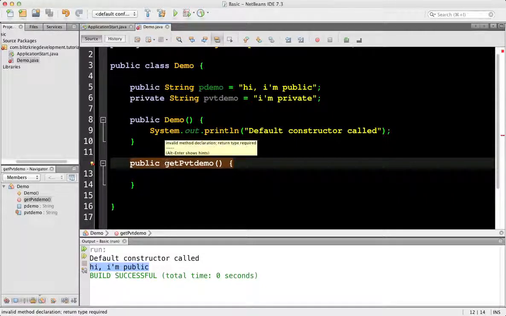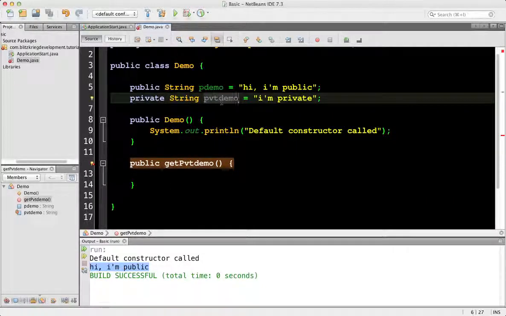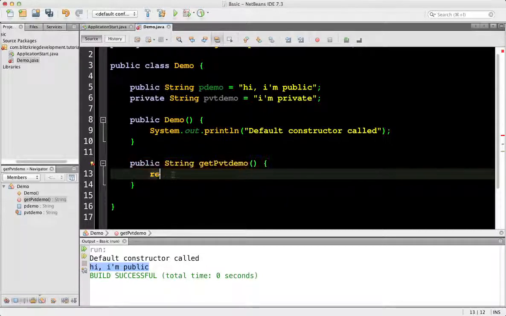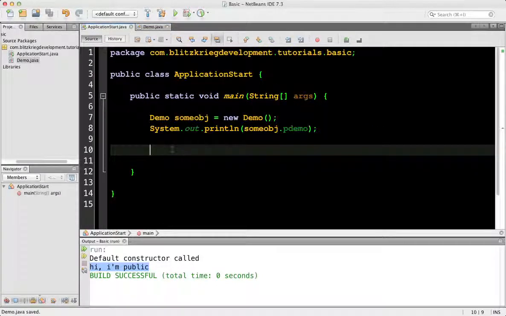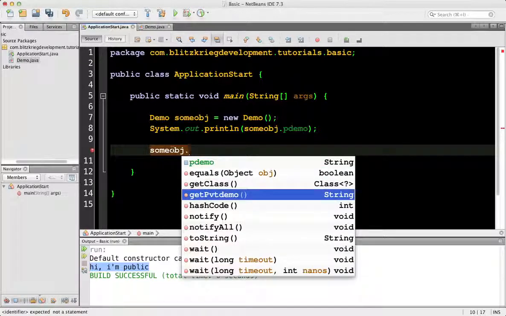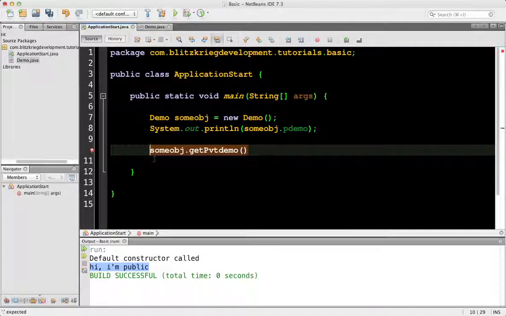So in here, since private demo is a string, we're going to say public string get private demo. This is the return type. And then in here, we're just going to return PVT demo. So now when we go back to our application start, if we type some object and look at the methods that are available, we're going to see get private demo, and the return type is a string. So if we log that to the console,